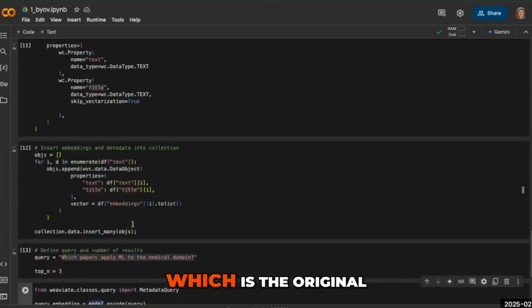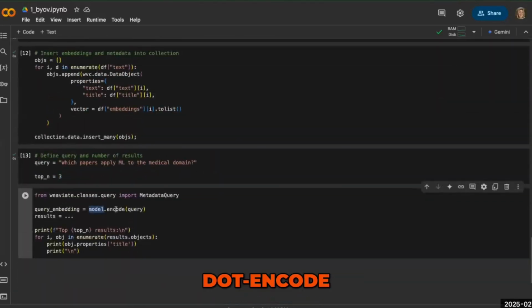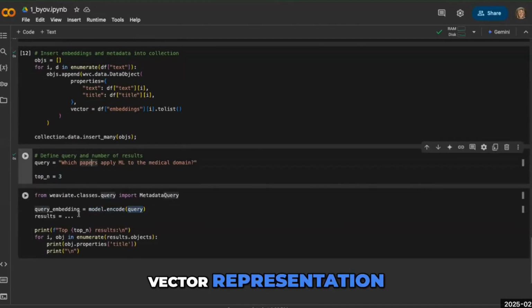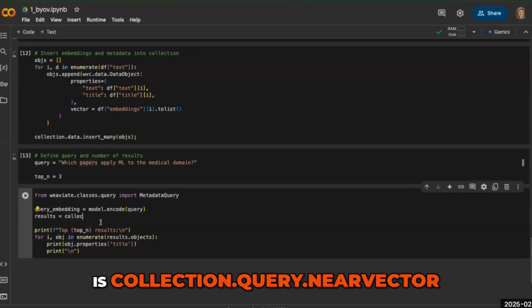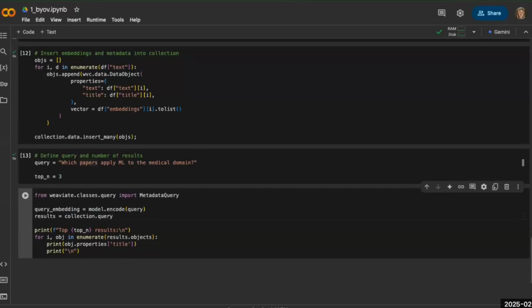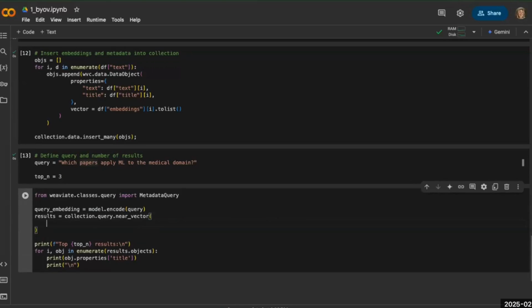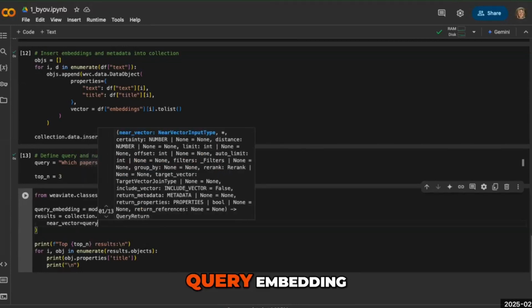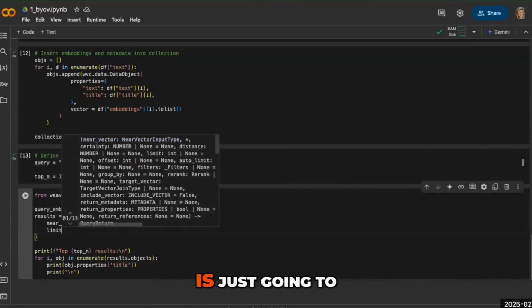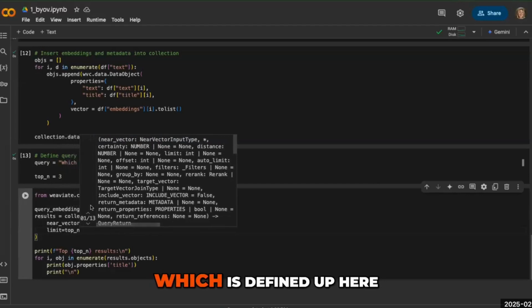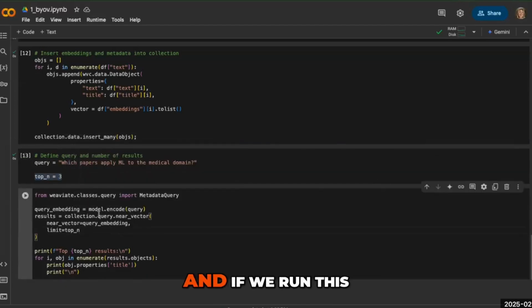So I'm just going to use model, which is the original BERT model up there, .encode.query, and that's going to turn this into a vector representation. And then what I'm going to do here, pull up my notes, is collection.query.near_vector. I'm going to do near_vector equals query embedding. So I'm saying I want all the results that are near the vector, similar to the vector of my query embedding. And then my limit is just going to be top n, which is defined up here. And if we run this,